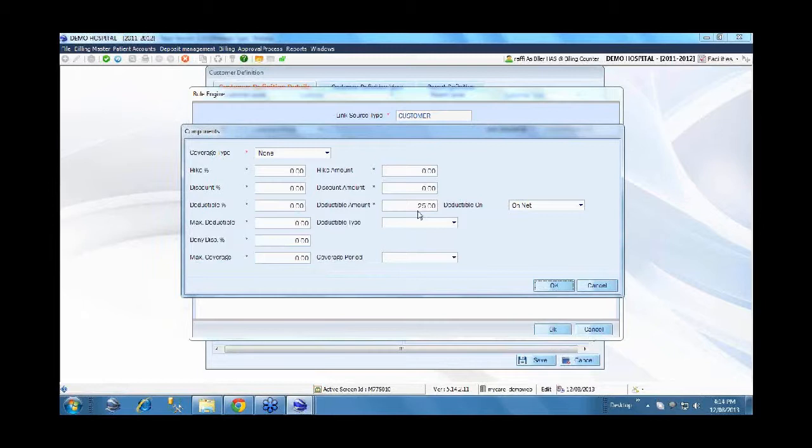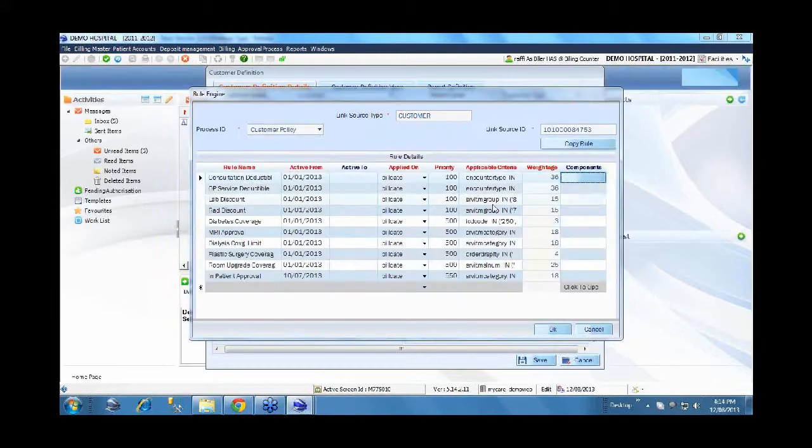So similarly, we have other rules associated with collecting a certain amount of the bill from the patient. Say here we have an OP service deductible. Usually most of the insurance companies have a fixed deductible for the consultation and a percentage-based deductible for any other outpatient service apart from consultation.